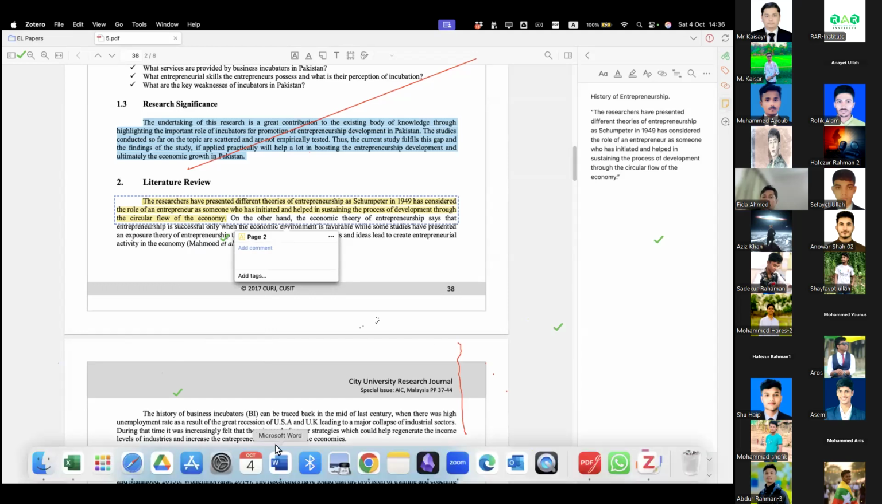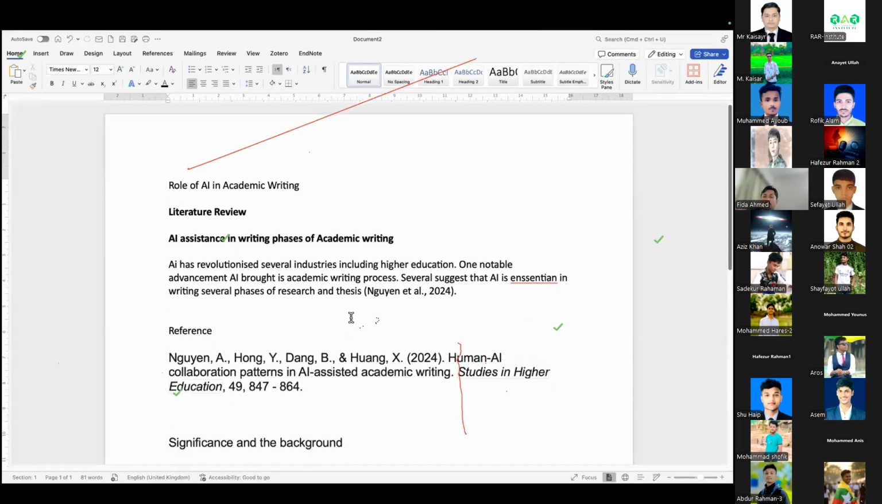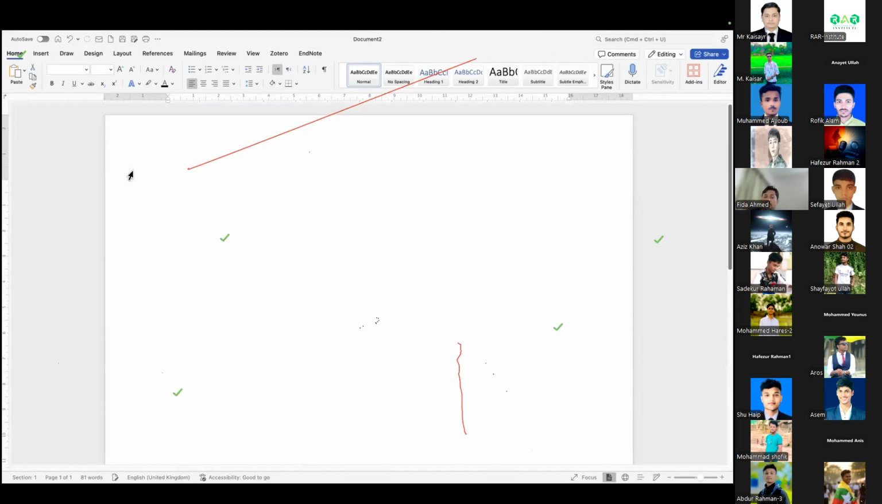Now if I come to my Word document, let's say I am writing a paper on entrepreneurship. I will just give it a title, entrepreneurship. So here my first heading is history of entrepreneurship. For example, I write Joseph Schumpeter was one of the earliest theorizers of entrepreneurship